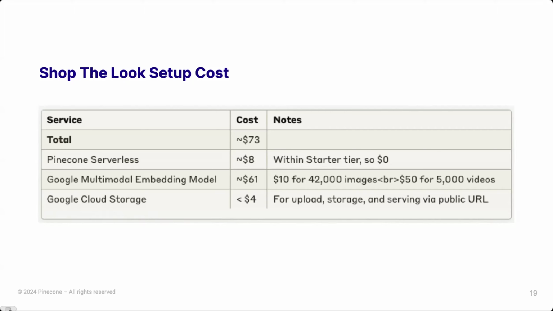Really good question. So I think any way that you can lower latency is going to improve your user experience. And I can tell you that for both text and image search, the latency is extremely low. I'm talking about under maybe 500 milliseconds. The reason why video takes a bit of time is because I not only have to upload the video, which is a few megabytes, it is then being processed by Google's multimodal embedding service, which is where it takes more of the time